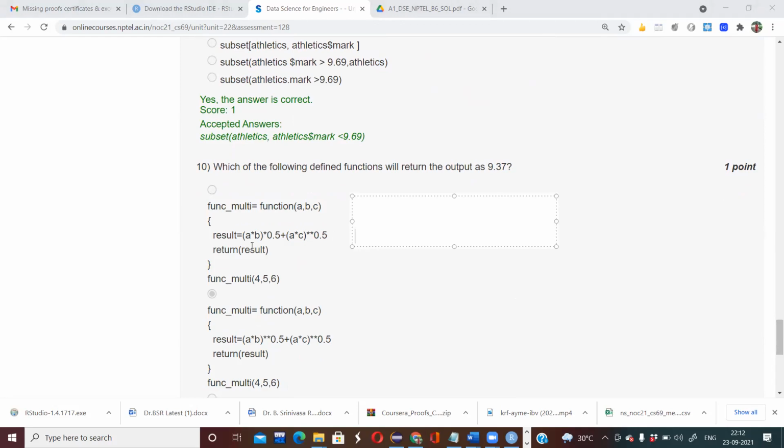Whenever I'm calling this function with 4, 5, 6, a equals 4, b equals 5, and c equals 6. They're asking which output will give us 9.37, so you just have to calculate these values. That's it.